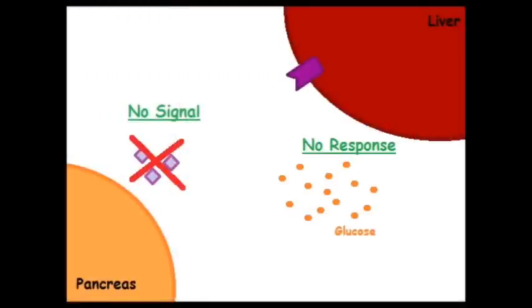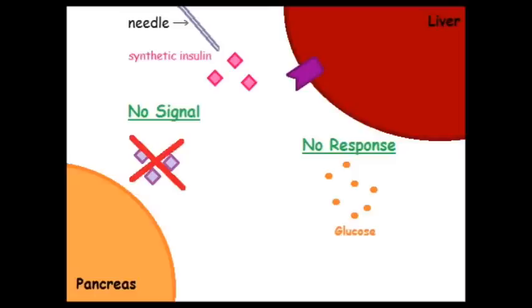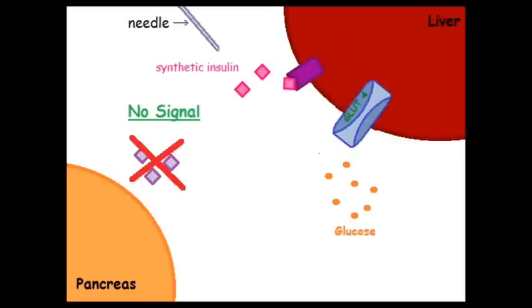When the pancreas stops secreting insulin, the liver stops making GLUT4s, and glucose storage stops. In type 1 diabetes, the pancreas cannot produce insulin at all. That means there are no GLUT4s to store extra glucose, raising the blood sugar. To resolve this problem of type 1 diabetes, synthetic insulin must be inserted into the body to artificially signal the liver.